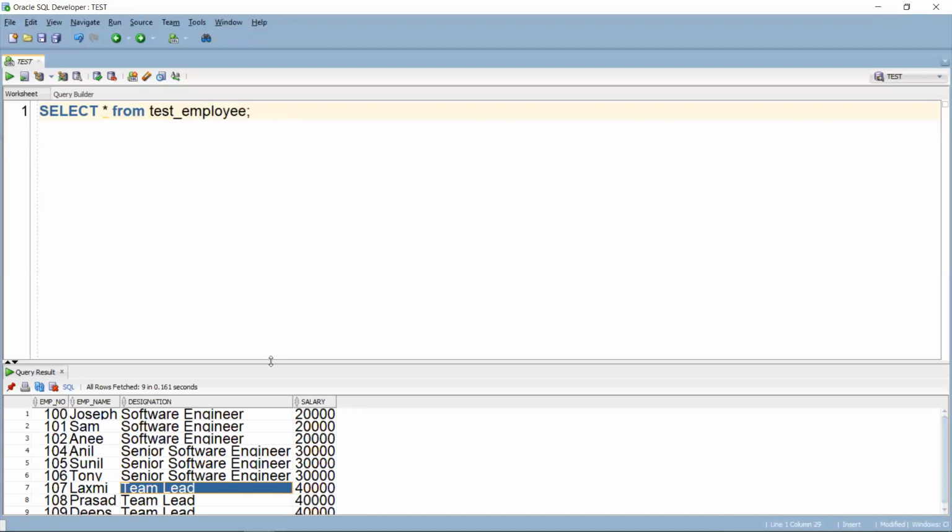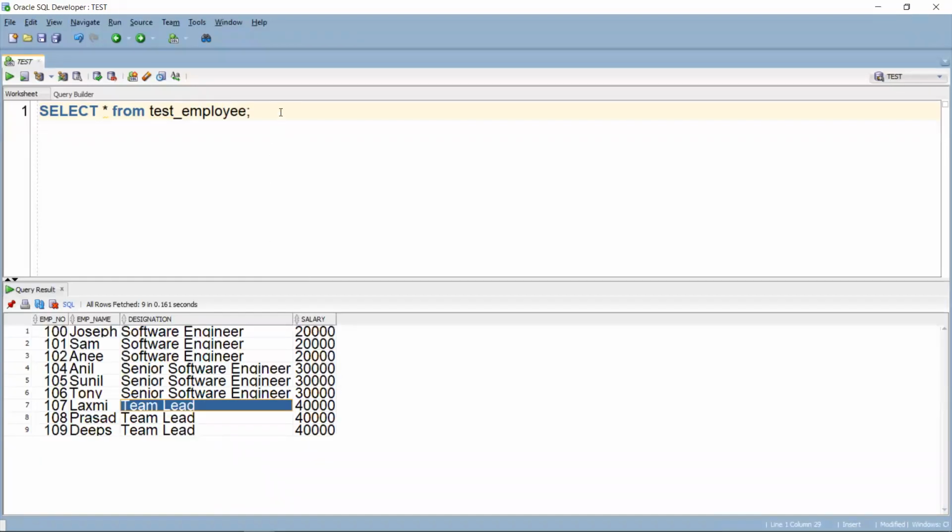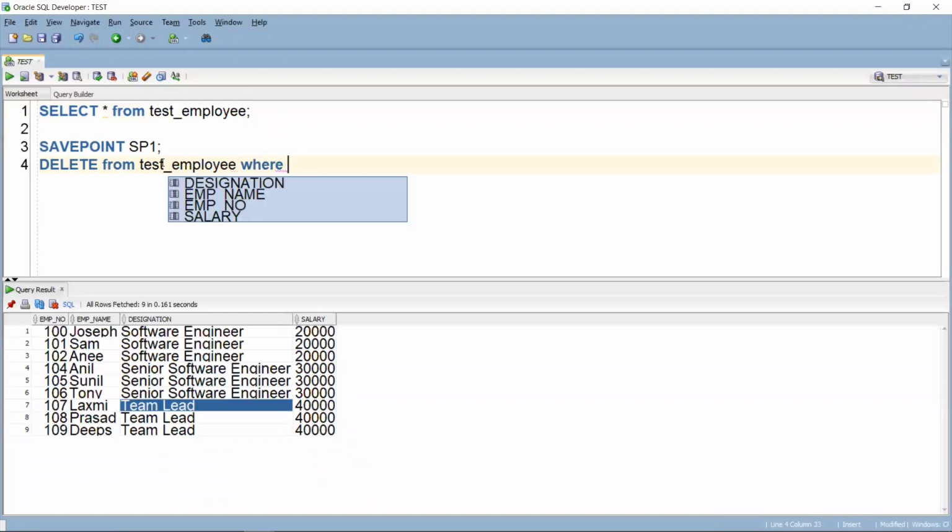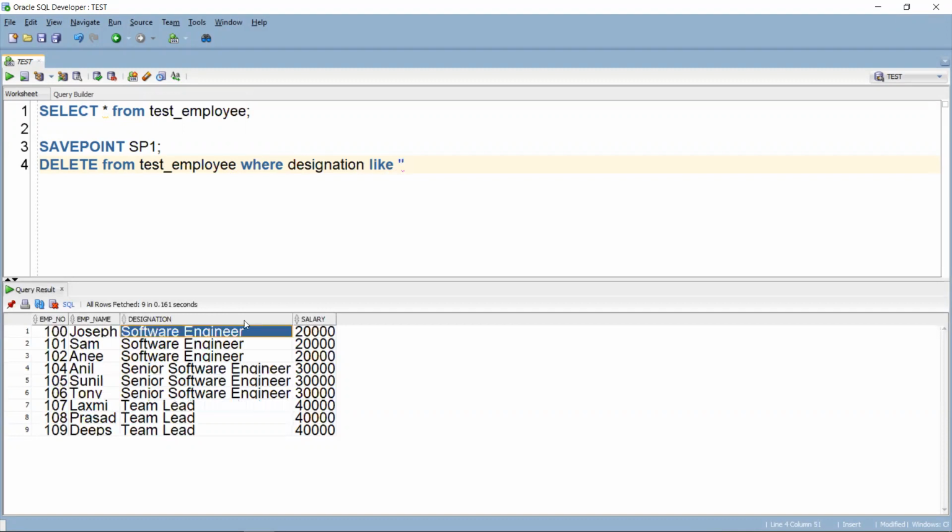Now let's create a save point and try to delete a few records and do a rollback. First I'm creating a save point SP1. Then I'm trying to delete from test_employee where designation is software engineer.